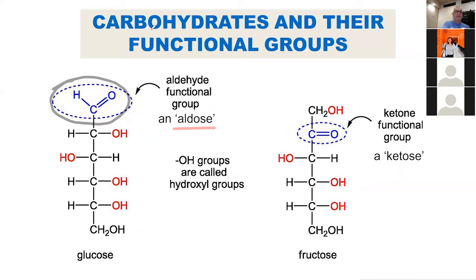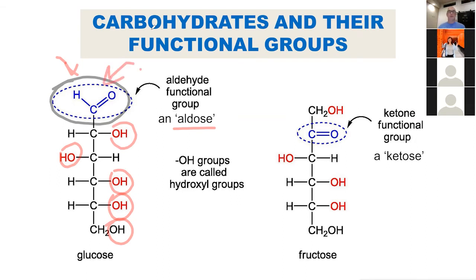So we have the aldehyde functional group, and then we have 1, 2, 3, 4, 5 hydroxyl groups. That's a lot of hydroxyl groups. And then each one of those can be plucked off and basically oxidized, turned into energy, as well as the